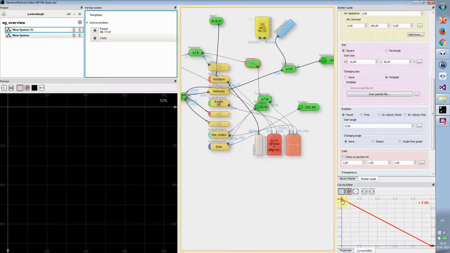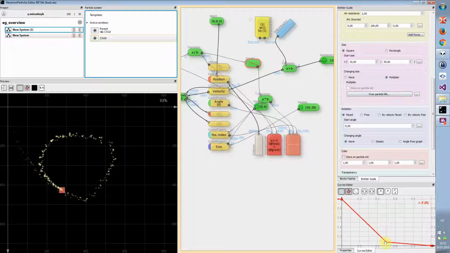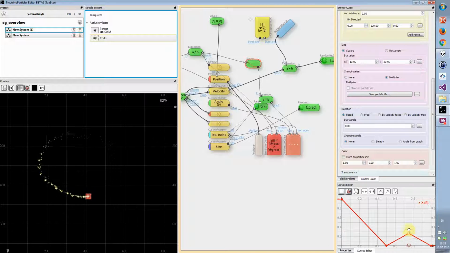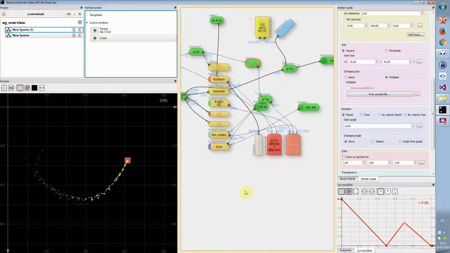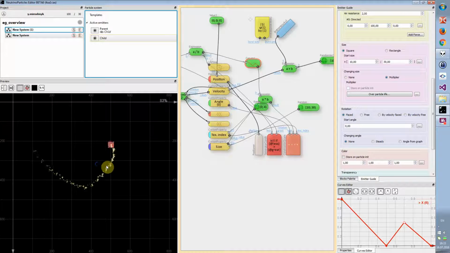And this multiplier I'll set to this graph to make particles